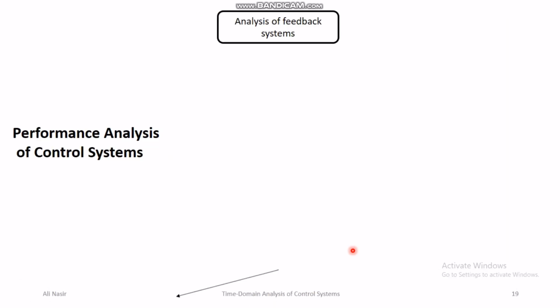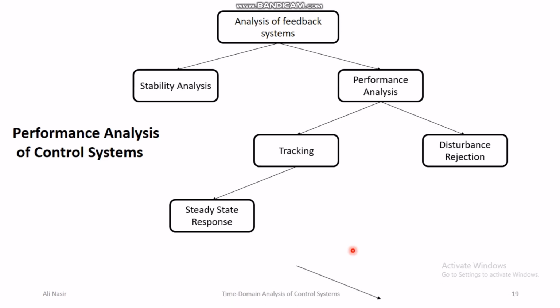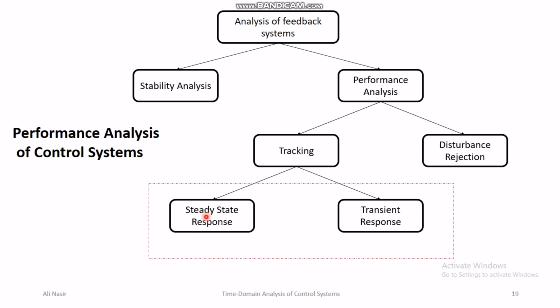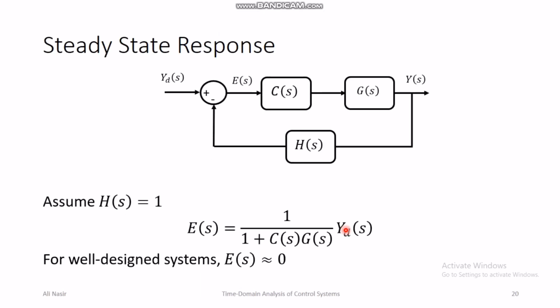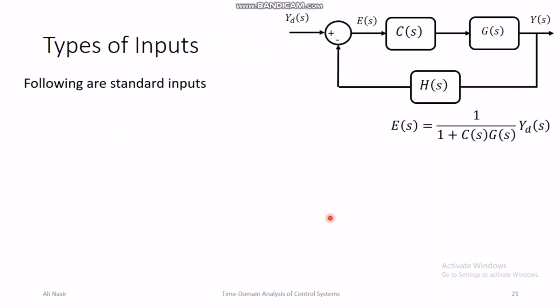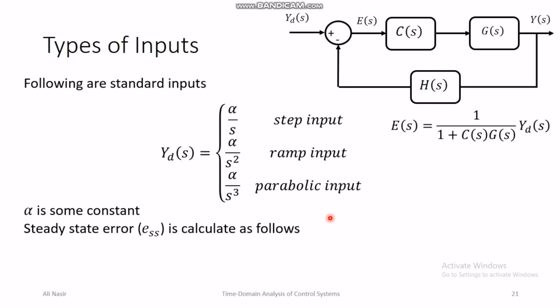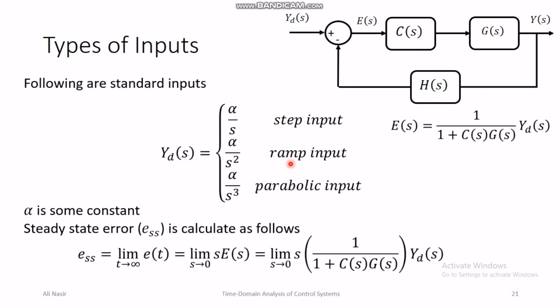Then performance analysis of LTI systems. We are going to discuss steady state and transient performance analysis. Steady state response is calculated by this equation in the frequency domain, and there are different standard input types: step input, ramp input, and parabolic input. Similarly, this is the expression for steady state error. We use the final value theorem. Given that the system is asymptotically stable, you can use this final value theorem to calculate the steady state error,